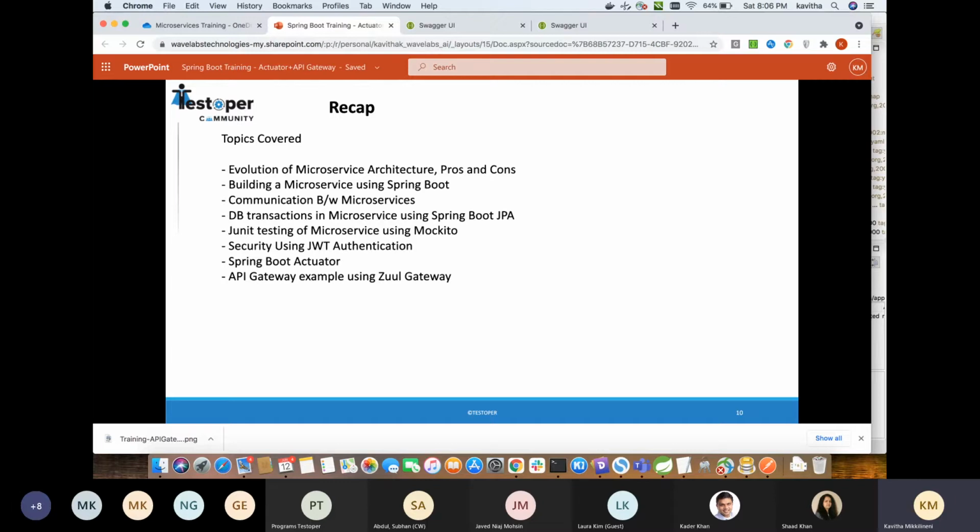And the most important thing for any microservice, the security feature, with an example using JWT authentication. We have seen that. And the actuator, and the last thing is the API gateway.